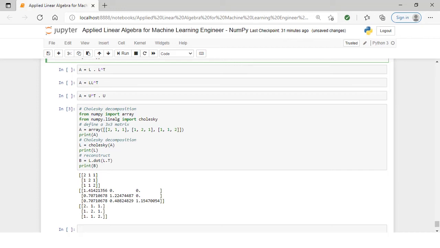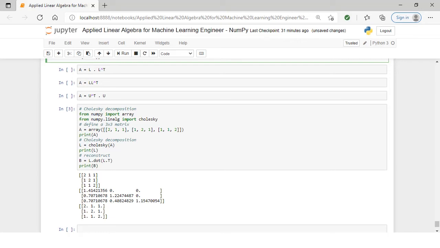The decomposition can also be written as the product of the upper triangular matrix as shown on screen, where U is the upper triangular matrix. The Cholesky decomposition is used for solving linear least squares for linear regression, as well as simulation and optimization methods. When decomposing symmetric matrices, the Cholesky decomposition is nearly twice as efficient as the LU decomposition and should be preferred